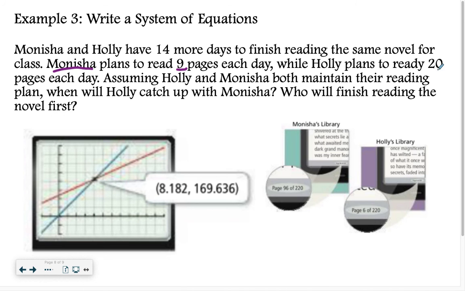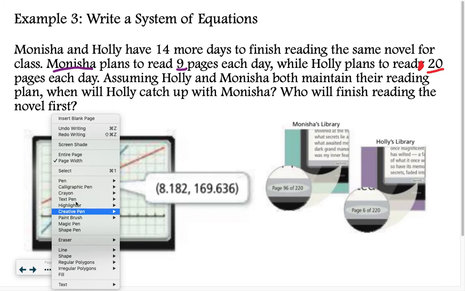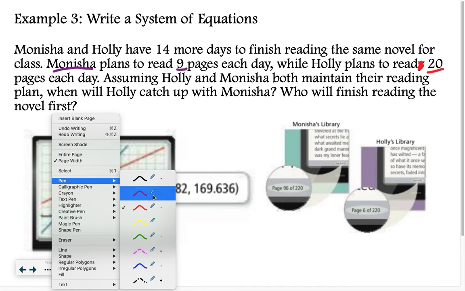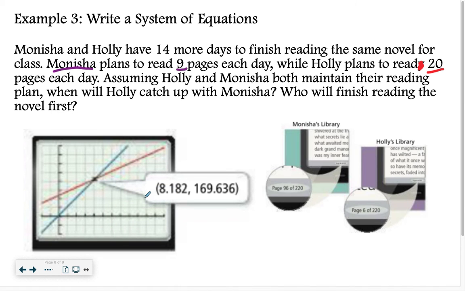20 pages. Oops, that should say read, not ready. My apologies. Plans to read 20 pages each day. Assuming Holly and Monisha both maintain their reading plan, when will Holly catch up with Monisha, and who will finish reading the novel first? So the first step that you would have in this problem is to come up with